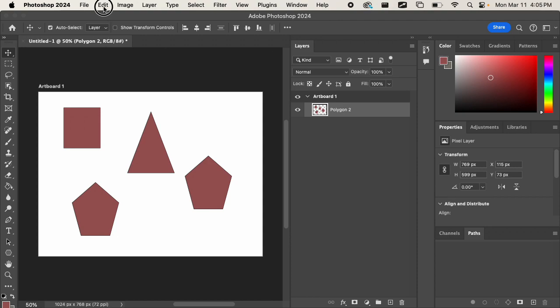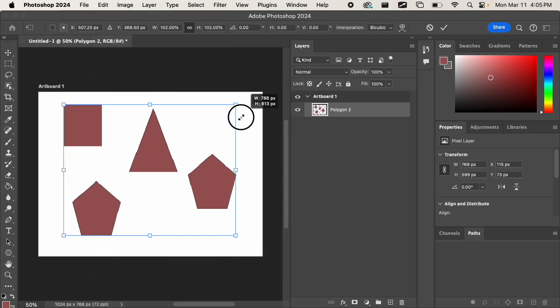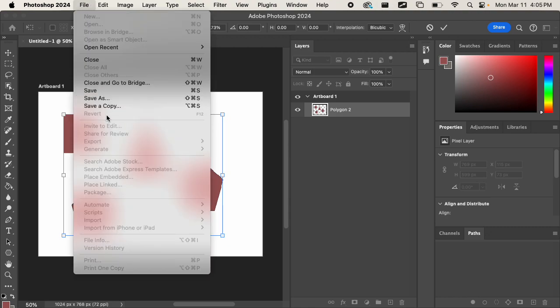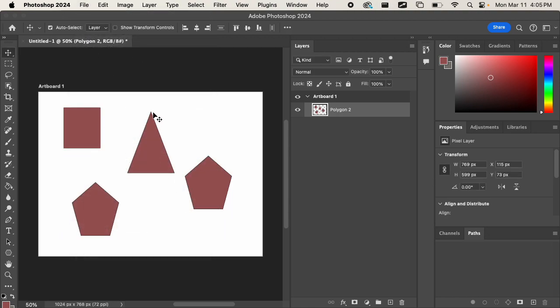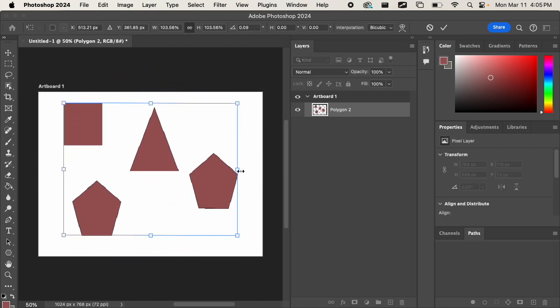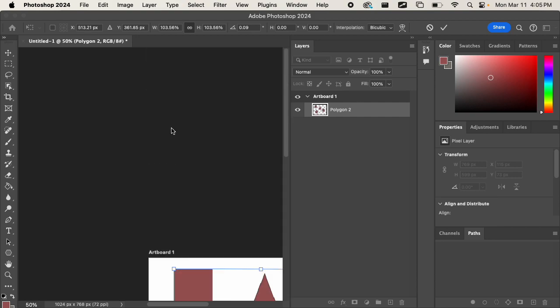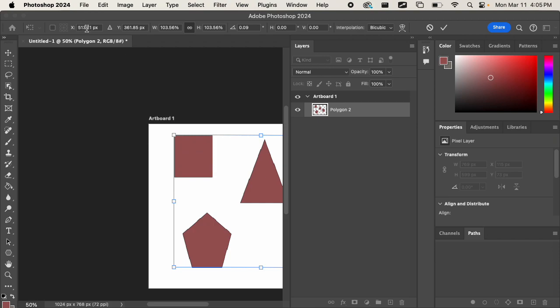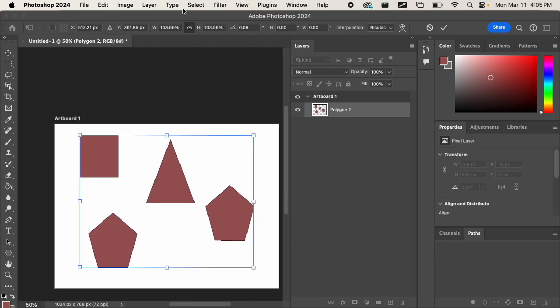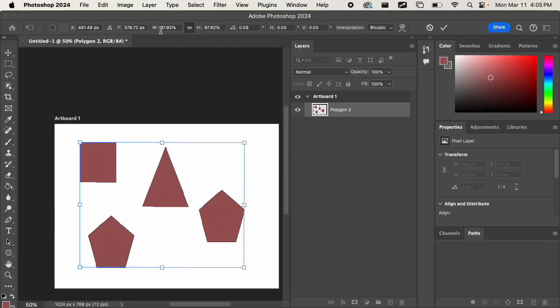If I go to transform in Photoshop, I have all these different options. If I scale, I can scale it up. I have to hit enter in Photoshop, but I can also hit Command T, and you can rotate, you can scale, you can flip, you can do all this different stuff. So these are different transformations, and what you're changing is, if you look at the properties up here, you'll notice those changing. So for example, if I move this up and down, you can see these values changing, like the width and